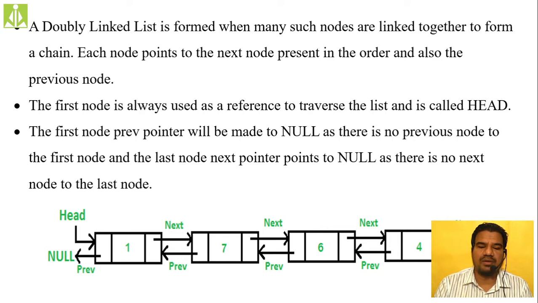So how do we represent the emptiness of your doubly linked list? That means how you represent that your doubly linked list is not having any nodes: in the sense, simply make the head pointer null. If your head pointer is null, that indicates your complete doubly linked list is empty. Okay, the same case as we are doing in your singly linked list. In your singly linked list also, if your head pointer is null, that means there are no nodes inside your singly linked list. So the same case will apply to your doubly linked list as well. If your head pointer is null, you will not be having any nodes inside your doubly linked list.